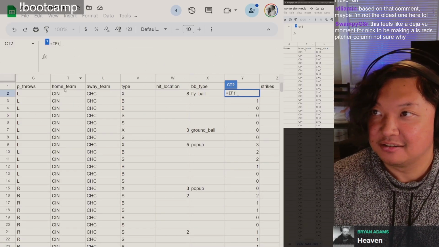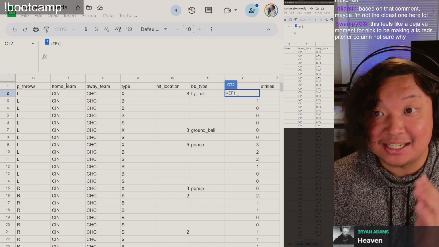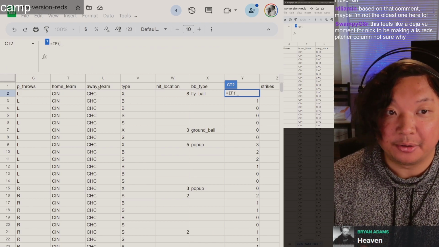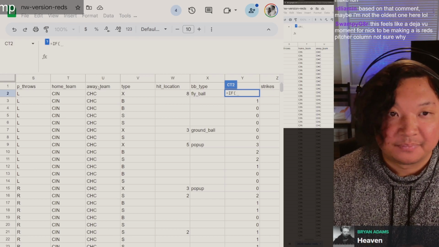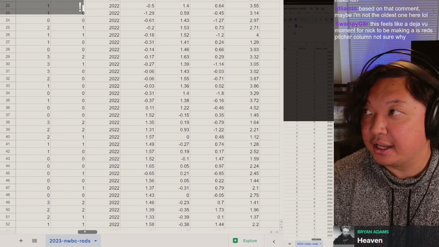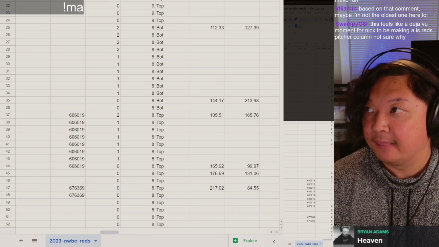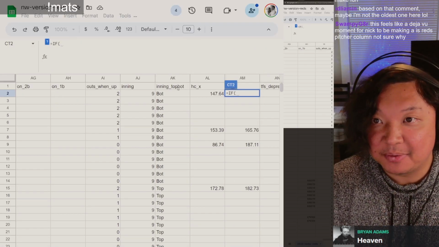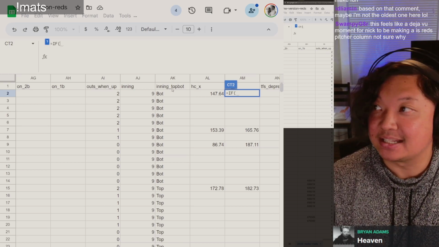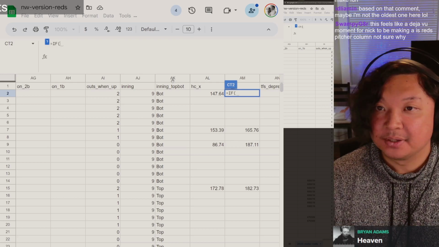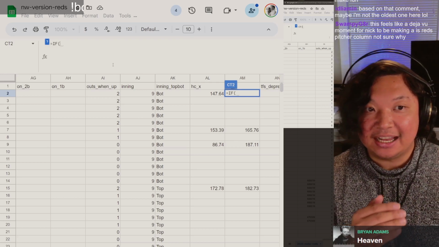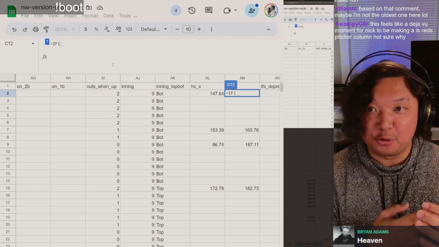And that's here, home team, column T. And we also have away team, column U, right? And then also, we can get whether the inning is in the bottom of the inning or the top of the inning with inning top bot. And that's column AK. So if we're using this information correctly, we could get if Cincinnati is at home and at the top of